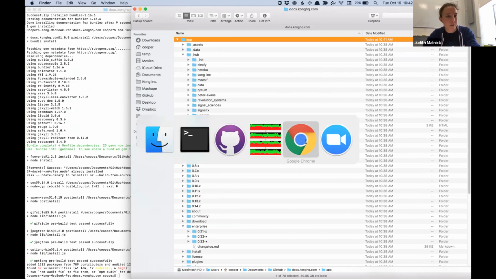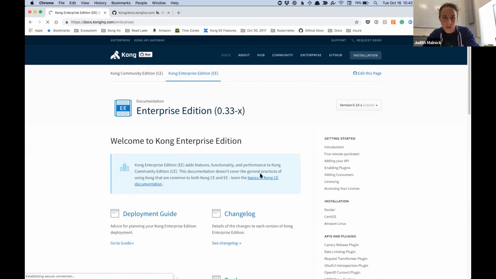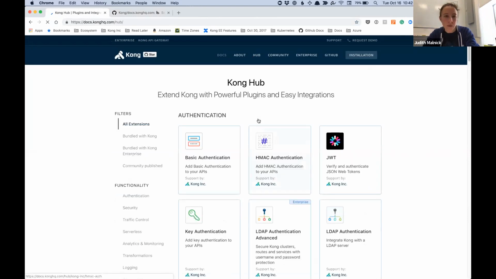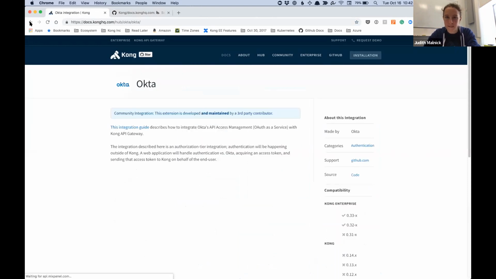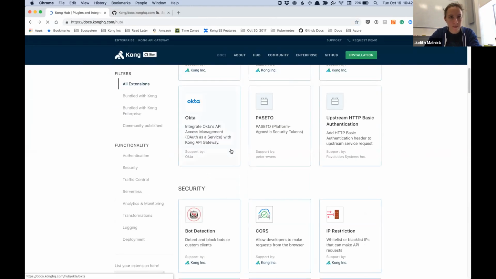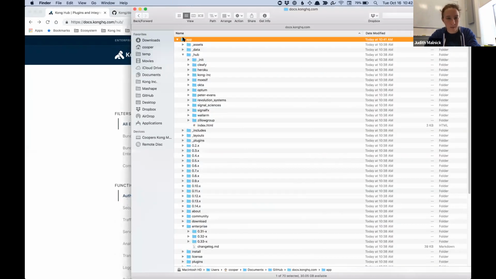And let's just look at these on the doc side of themselves just to line things up. Here is the Community Edition docs. I'll click on Enterprise Edition. Now I'm looking at the Enterprise Edition docs, and I'll click on the Hub. Now I'm looking at docs for Hub listings, which include, as of recently, third-party listings, and here is Okta's integration that we just saw demoed earlier in the call. All of these pages we've just looked at, Community, Enterprise, and the Hub, are all in the app folder here